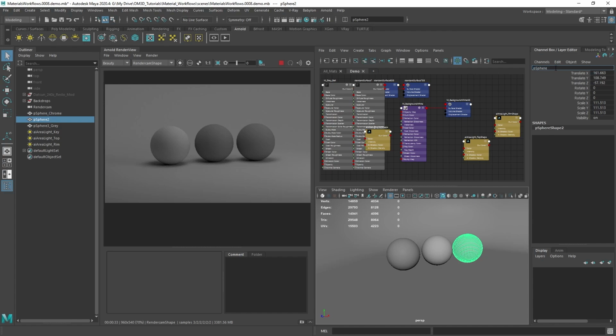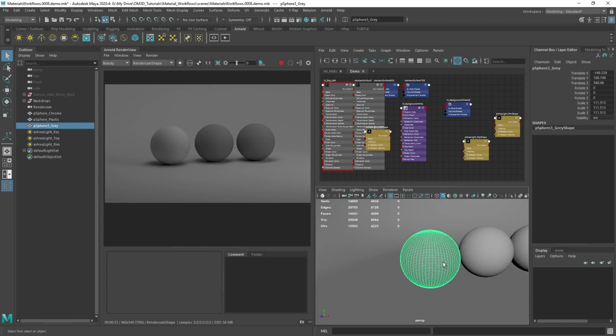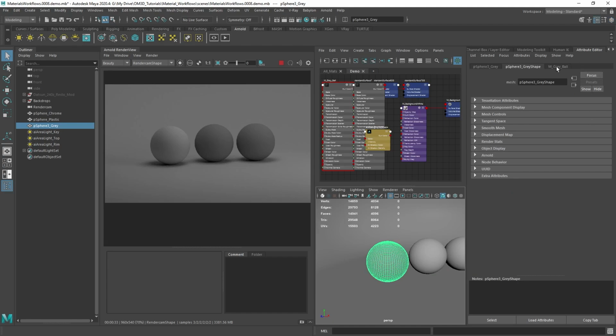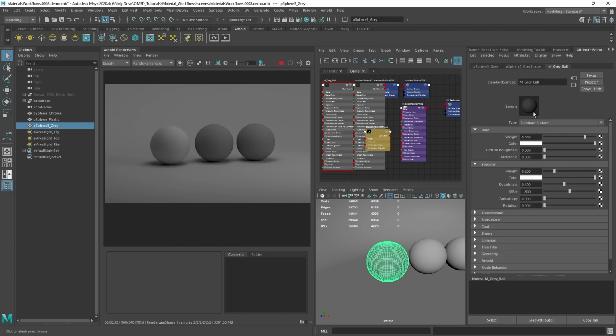So I'm creating these materials to help me with my lighting and look dev. But we first need to create that kind of initial rough lighting so we can start modifying and, of course, creating materials, because we can't create materials unless we actually see what's going on. So I have this rough light set up, and I have this material, and now I can go into looking at the materials. So if I hit Control A, you can see that I have this standard surface gray ball,